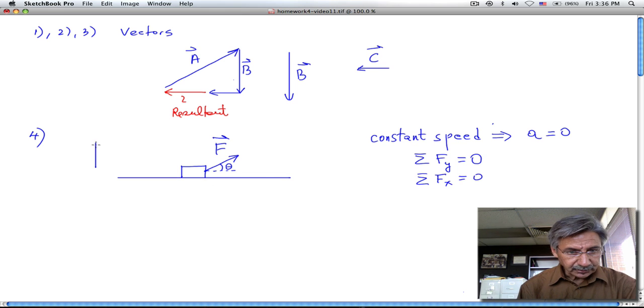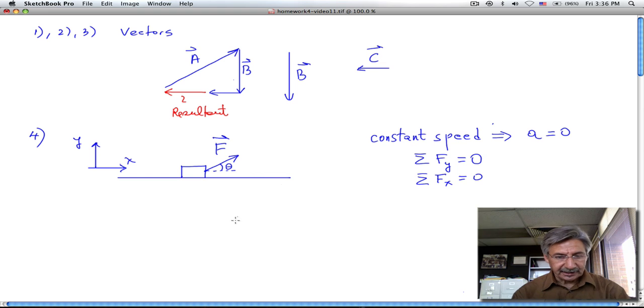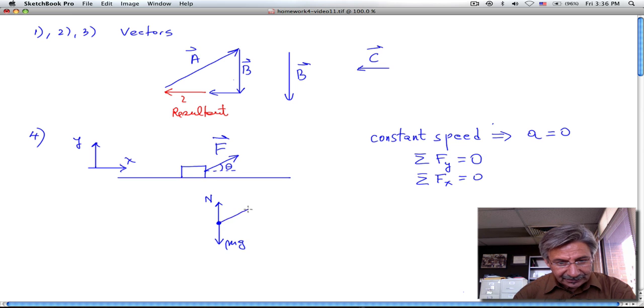And a good way to choose your axis is this. And the only thing that remains is that you have to do a free body diagram for the suitcase. And the suitcase is subject, of course, to its own weight. And this surface pushes up on the suitcase with a normal force. And now you are pulling with an angle. So in here, this force makes an angle here,